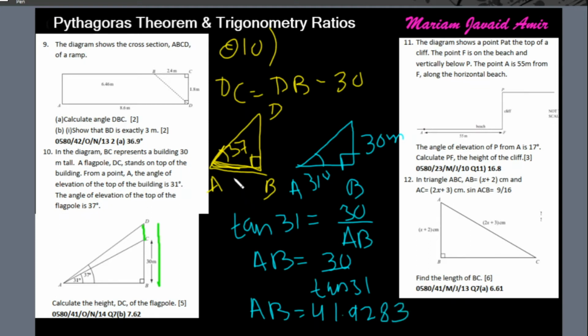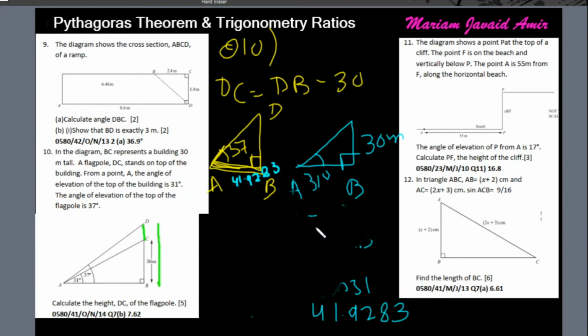Now I can use this length here, 49.9283. I'll use at least 4 decimal places, 9283. Now I can find DB. So let me clear the screen a bit. So now the next step is to find DB. And DB would be